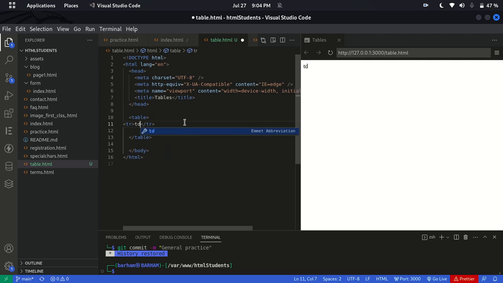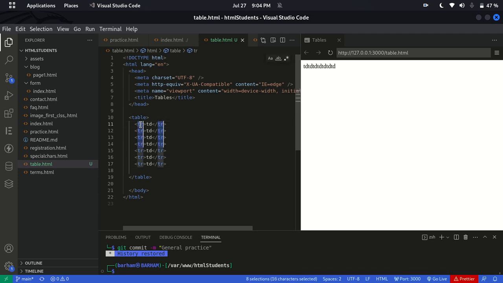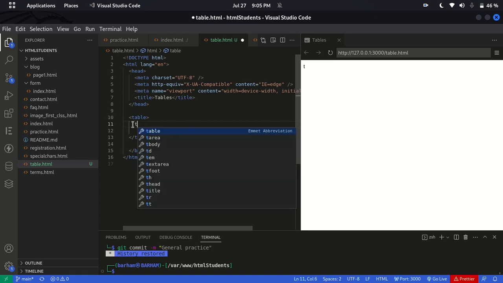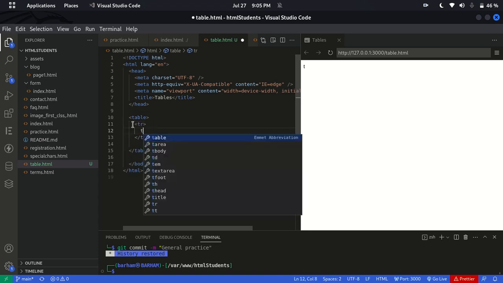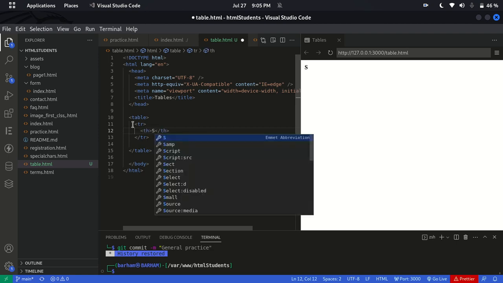TD. What this one does is that it creates rows, like 1 row, 2 rows, 3 rows. So let's put table data here for you to see as well. You can see it's just going on a row. So what we need to do here is first of all create the table header. To do that, you can use table row like this, then table header, th, like serial number,